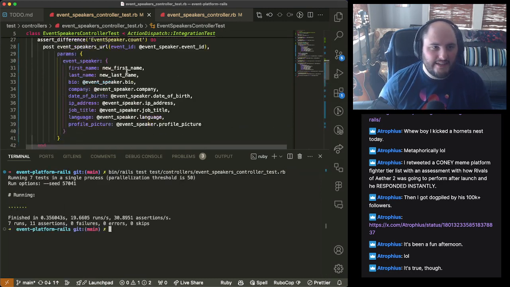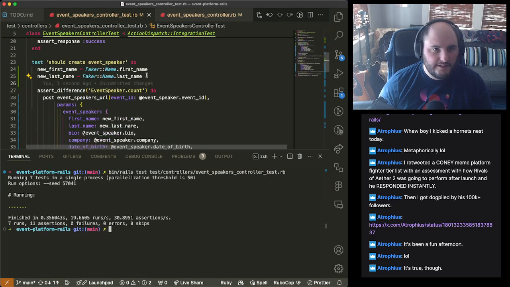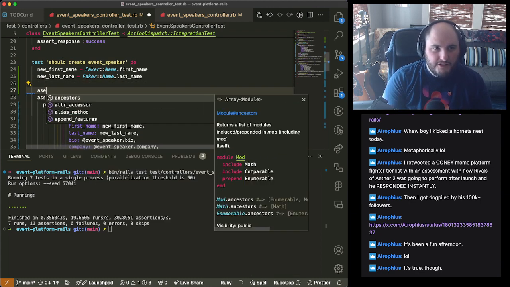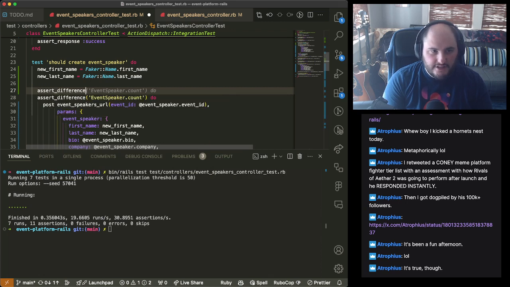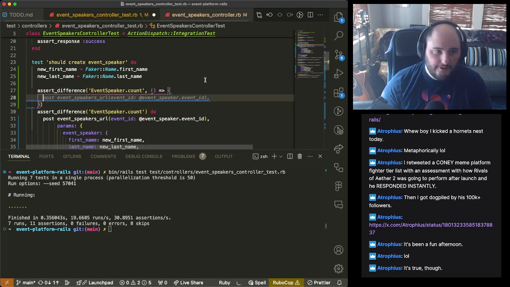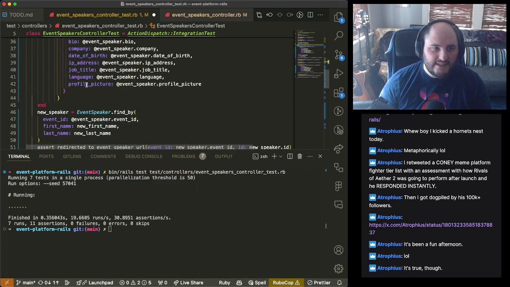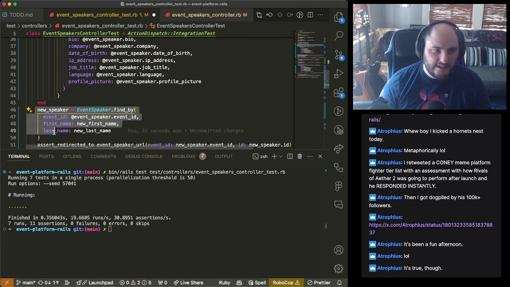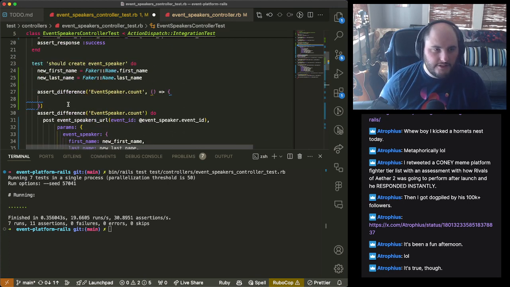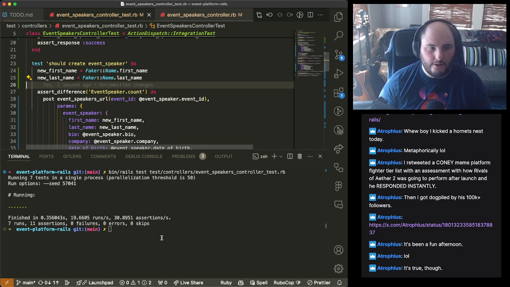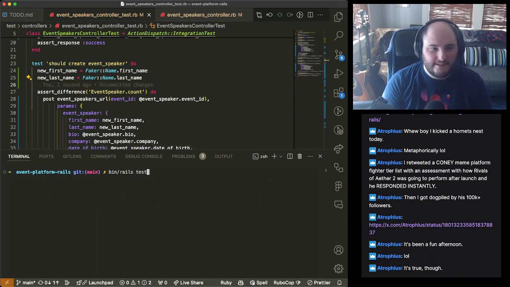So I'm doing this for my JavaScript fam. Assert difference takes in some string, and then the do block is a function. I defined first name, last name inside of that closure, so it wasn't accessible outside of the closure on the very next line where I needed it. So, little snafu by me, easy to fix though, and now we've got a passing test.